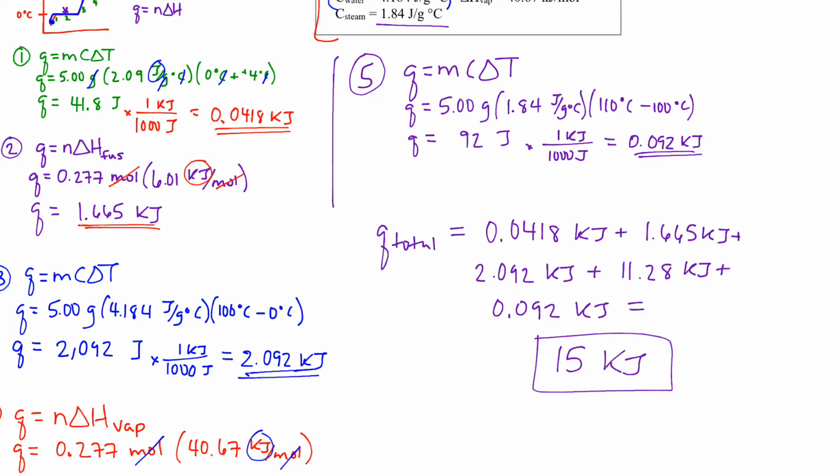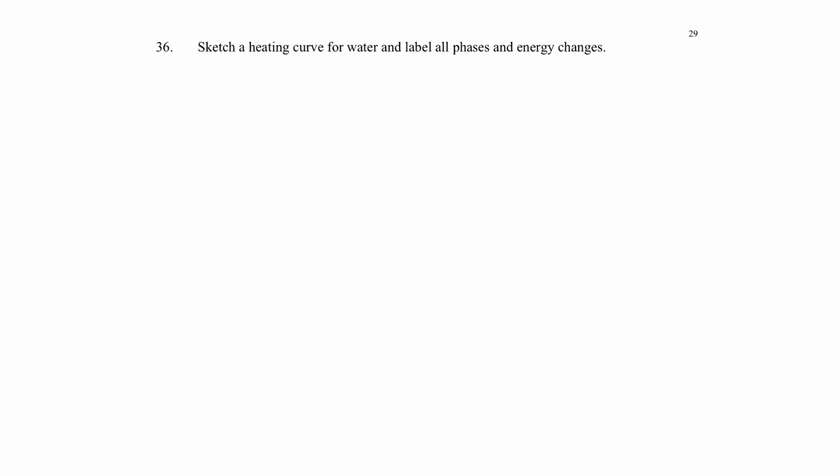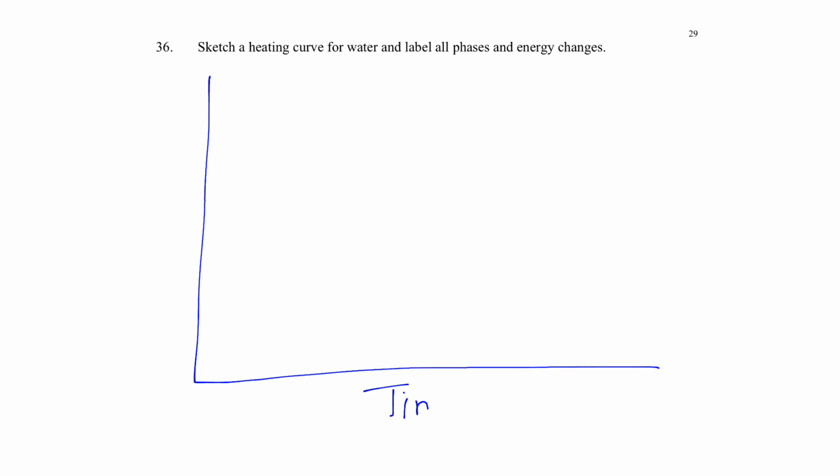Again, if you weren't good at these back in Unit 9, I suggest you go and take a look at them. All right, our last question, this one's much easier compared to the last one. It says sketch a heating curve for water and label all phases and energy changes. So we sort of just did this in the last one, but it would look roughly like this. So there's our axis. Across the bottom we have time. Going up the side we would have temperature,